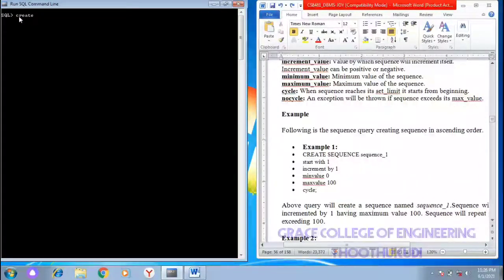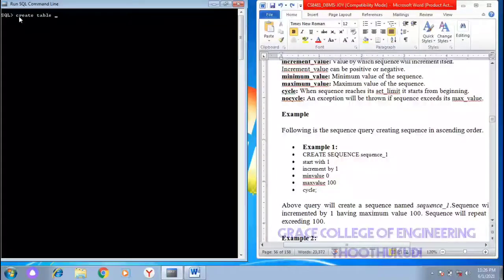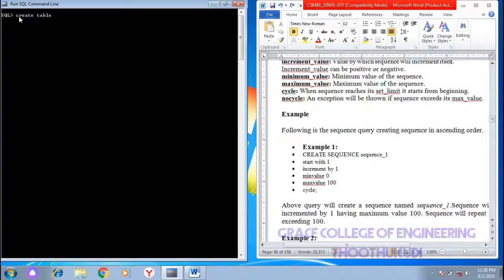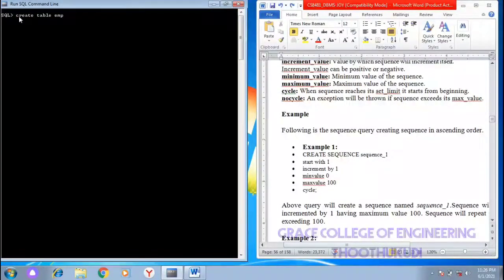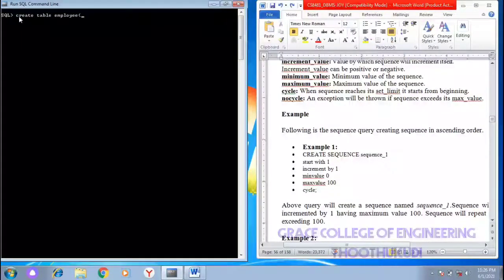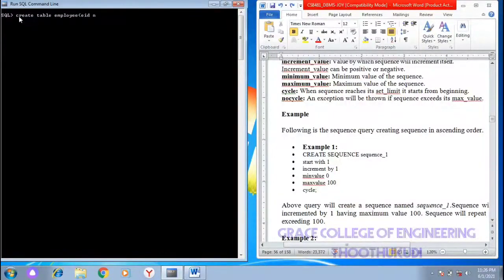So for understanding the sequence concept, first you create a simple table. I create a table with only 2 columns. So create table, take the table name as employee, with EID, which is a number, and the name, employee ID and name.